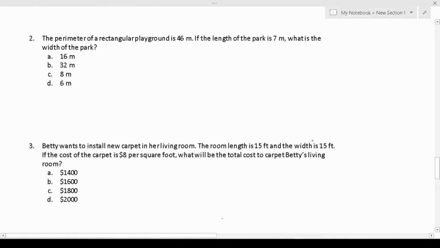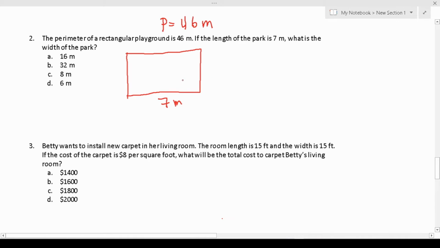All right, number 2 says the perimeter of a rectangular playground is 46 meters. If the length of the park is 7 meters, what is the width of the park? Okay, so let's approach this one by drawing a little diagram. We know we're dealing with a rectangular park, and we know the length is 7, so that's 7 meters right there. We know similarly that its perimeter is 46 meters, and we want to find what its